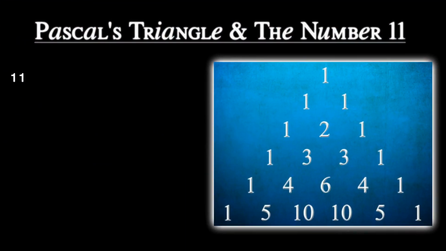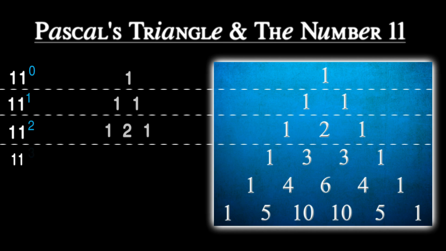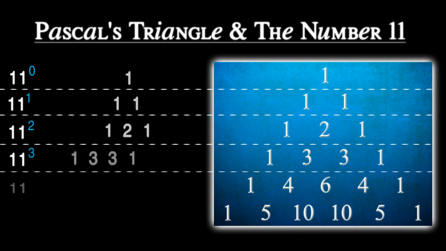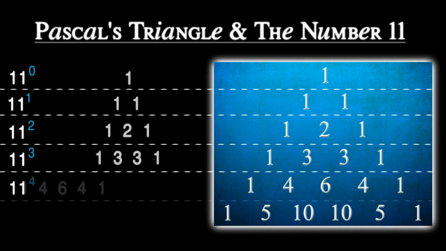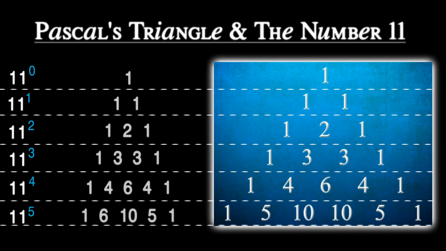Well, check this out. If you take 11 to the 0th power, well, that equals 1. Take 11 to the 1st power, you get 11. 11 to the 2nd power, 121. And 11 to the 3rd power, 1331. 11 raised to the 4th power is 14,641. Whereas 11 raised to the 5th power is